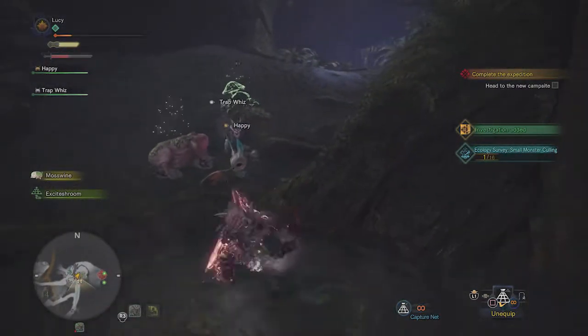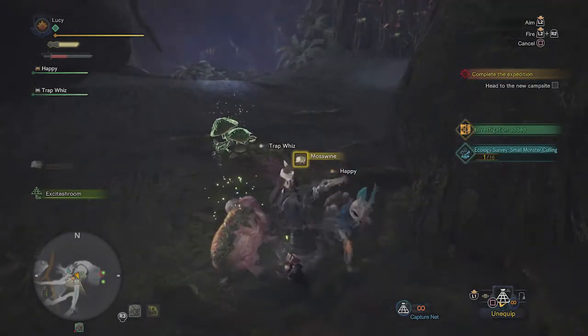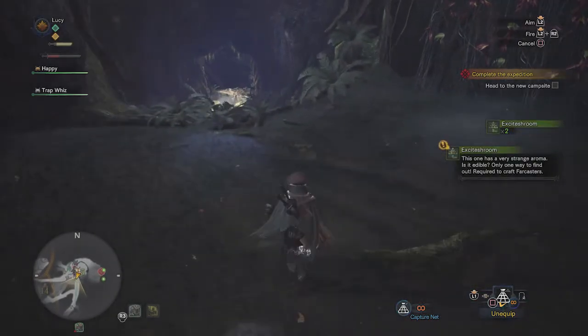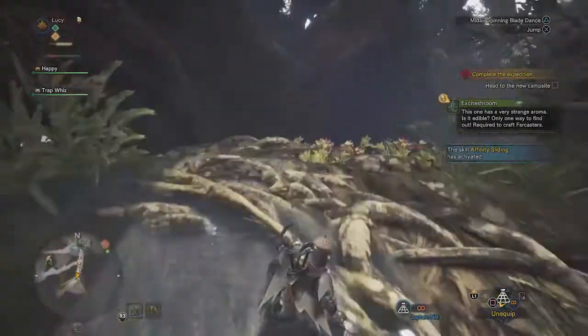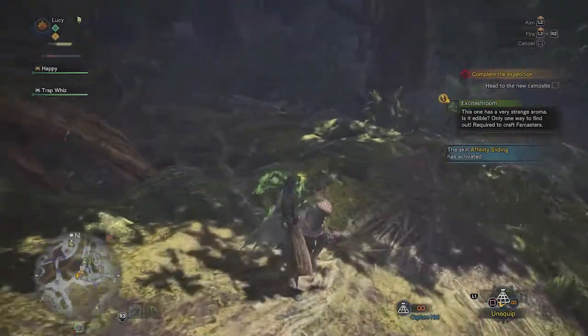Nope, put the weapon away. Thank you. Moss swine hide, and we got another excite shroom. Pretty sweet. I think we're just going all the way down now. Whoop. And then we'll find our way back over to our